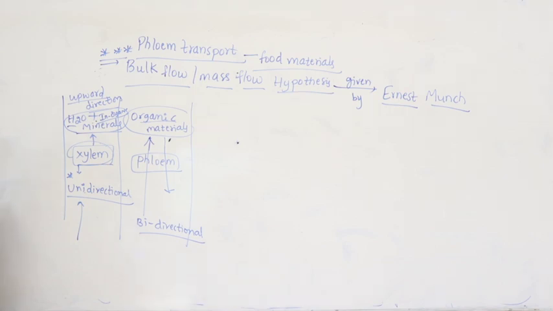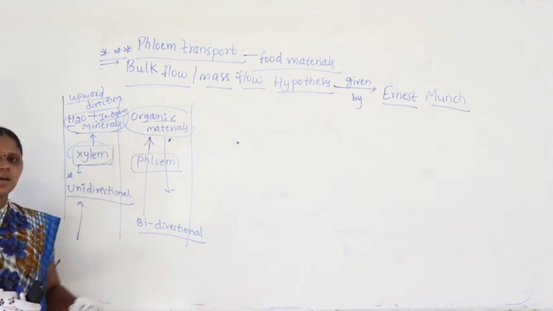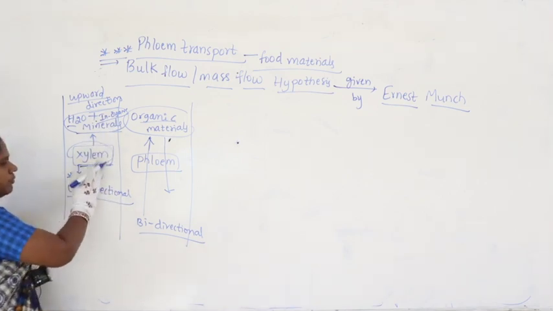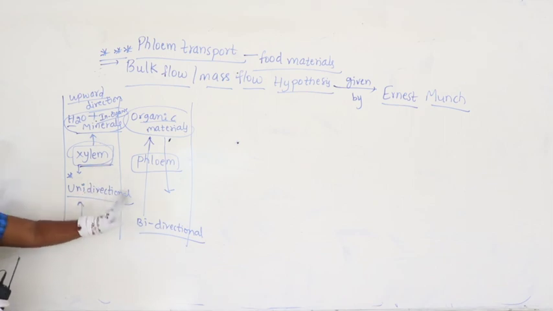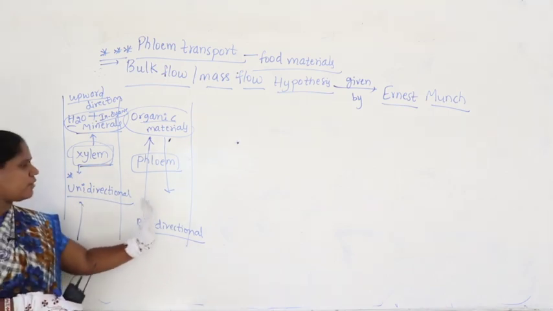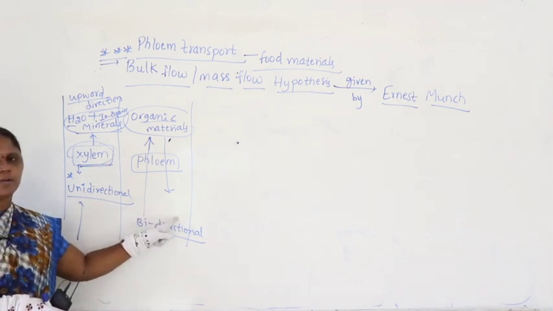What else do we study here? If you get the question, do you think xylem only conducts water and inorganic minerals? That is a wrong statement. Phloem only conducts food materials or organic materials? That is also a wrong statement. Why? We studied that. This is xylem, having four components: xylem tracheids, xylem fiber, xylem vessels, xylem parenchyma. Similarly, phloem also has four components: sieve tube elements, companion cells, phloem fiber, phloem parenchyma.